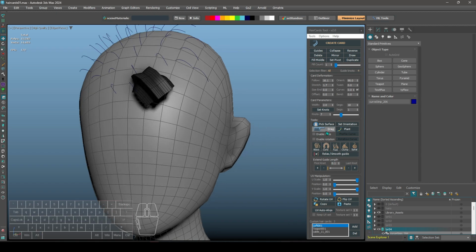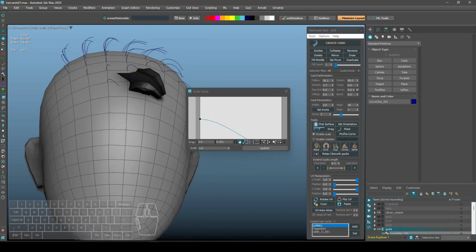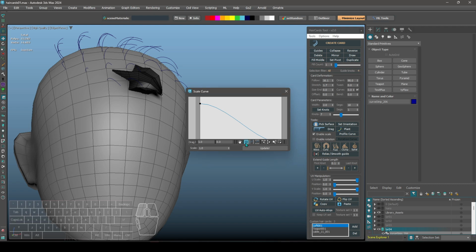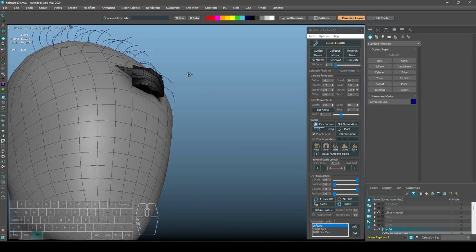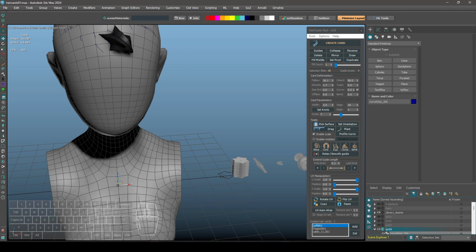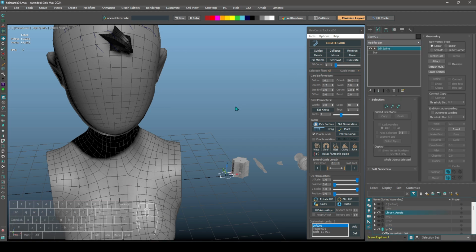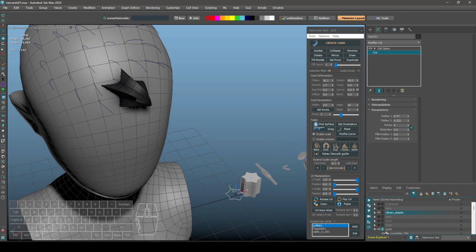Of course I can play with the scale. Maybe it's too much, I don't know, this way. Also you can edit, because it's a loft object, you can edit